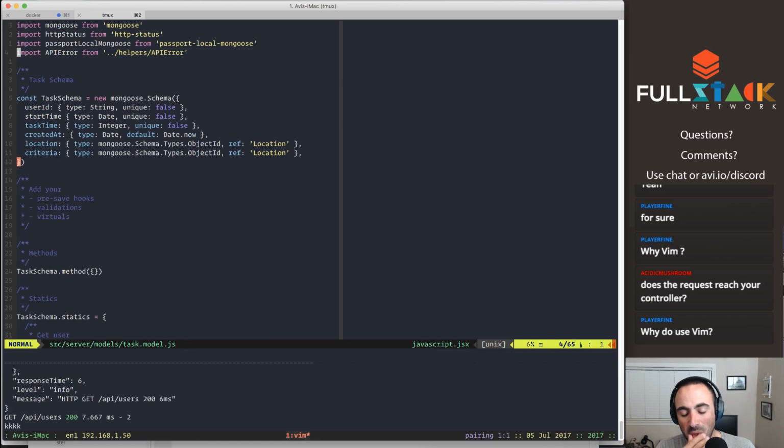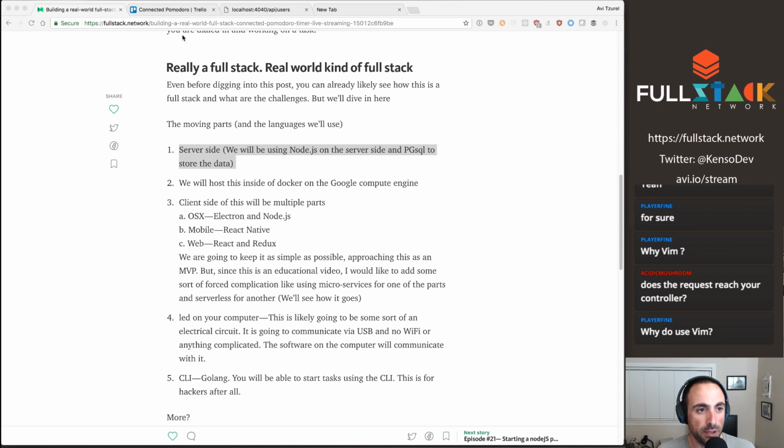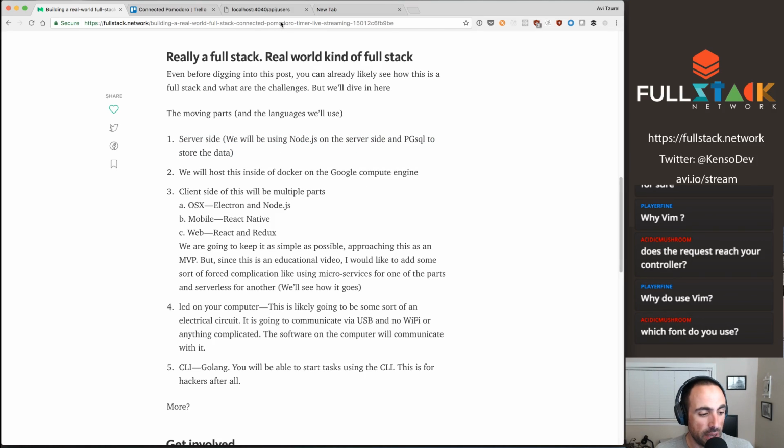Now, what we want to do is start and kind of test the things we want, right? But before that, what I want to do is close out Postman here, and I want to look at